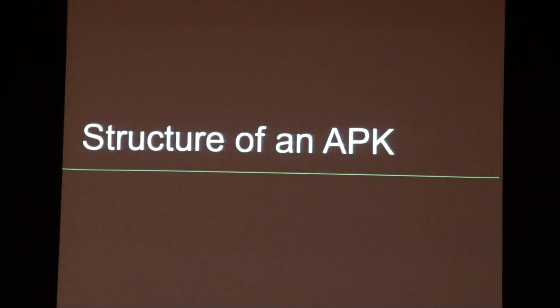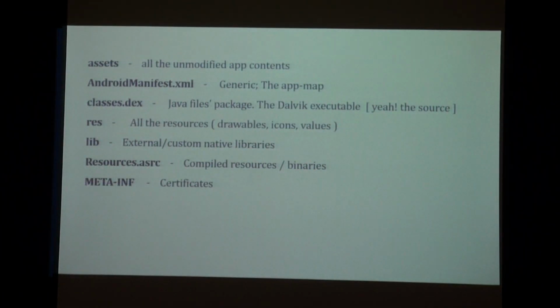So let's look into the structure of an APK. This is the generic structure actually. There may be slight changes depending on the vendor or the developer who develops the APK. But generally, these are the contents that we see inside an Android application. So assets: the Android asset packaging tool, which we saw just now, is the program that compiles all the app components into these assets.